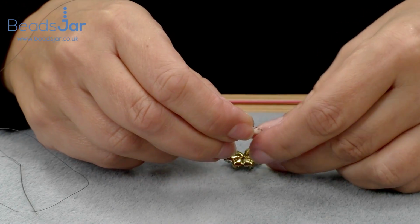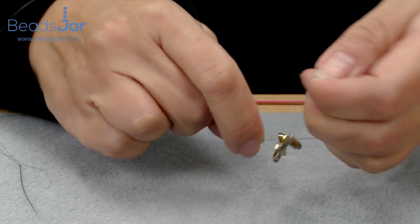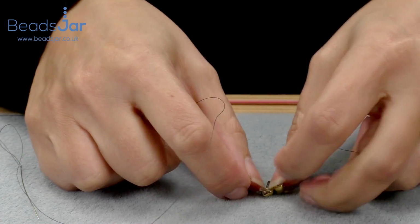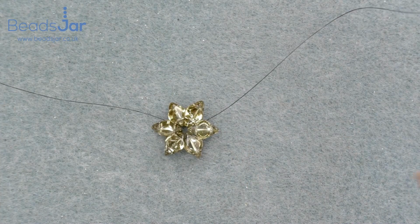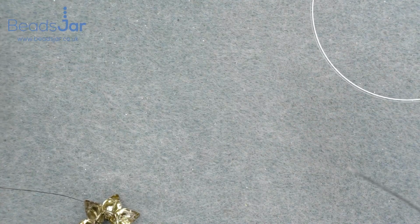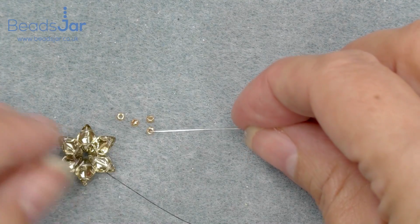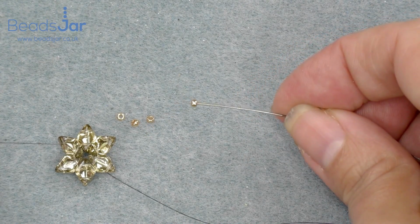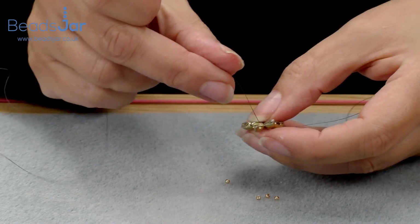And then, like I said, this is the process that you'll follow for every single component that you make for this bracelet. All right, so then we're going to have that facing upwards with the amber transparent effect facing outwards. And then I'm going to take my size 11 galvanized yellow gold seed beads, and we're going to bring my thread up to the center,